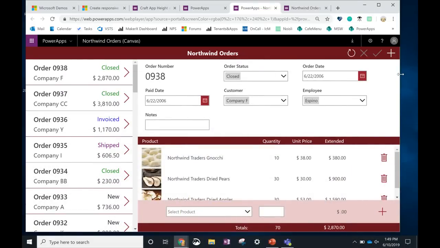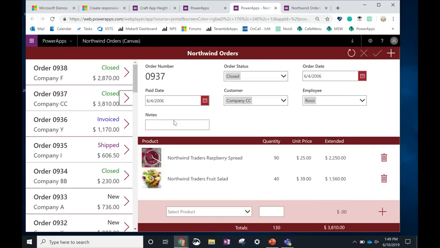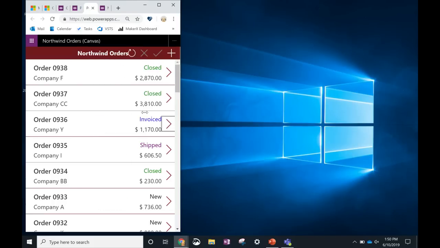So this one's taking up the full screen. And so, I can go and I can add new things in here, and so on. If I click on a different order, it'll change the context that I'm in like a master detail. But the thing that I've done on here, and we're just going to view it on the browser, is that if I shrink it down,